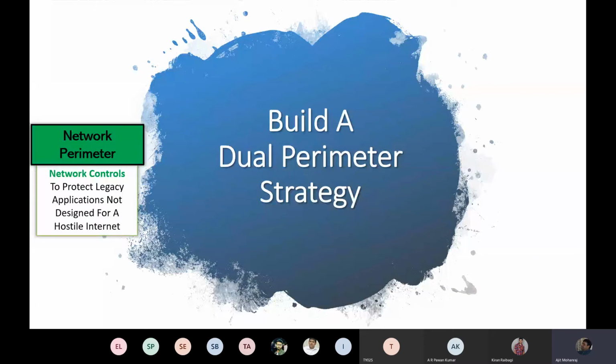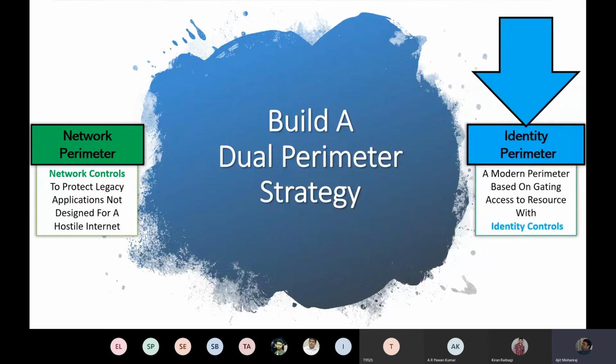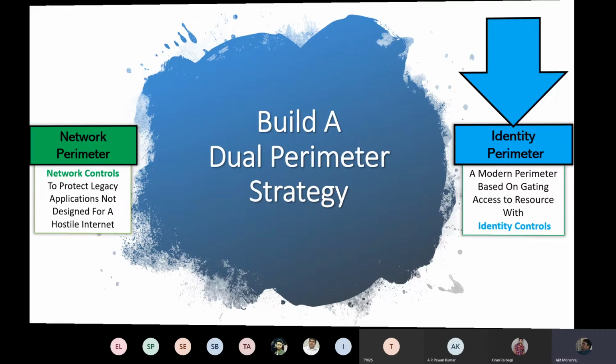Most customers, I'm telling you, have basically done network level perimeter control, and that's how they've been doing it in the past. But going forward, I think we are coming into an era where just network level perimeters are not going to hold, because your people do not always come into your network to do things. They need to collaborate elsewhere. And how do you make sure that that collaboration, that access, that authorization is okay and in control and the device is fine? So it's about building this second level or second perimeter, which I call an identity perimeter, right? And both will coexist because you can't rip and replace or anything like that. But I'm saying going forward, you need to build an identity perimeter around your network.